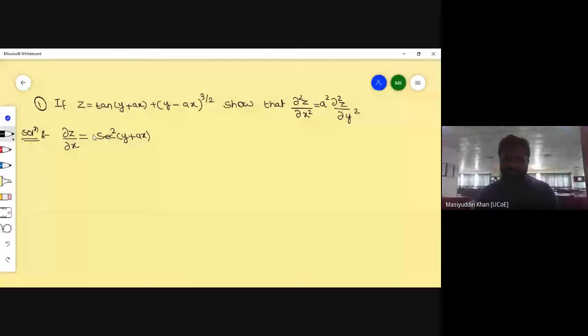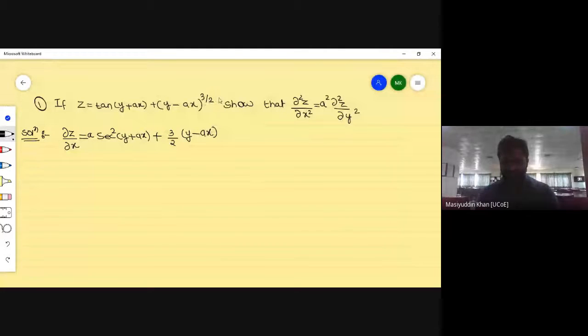So it will become a into sec square of (y plus ax), plus as it is, this part: 3 by 2 will come forward, 3 by 2 into (y minus ax), and 3 by 2 minus